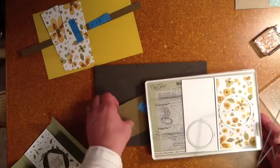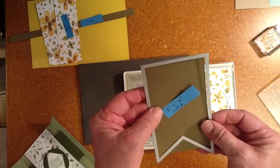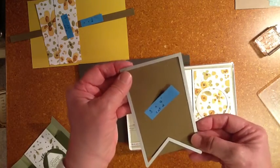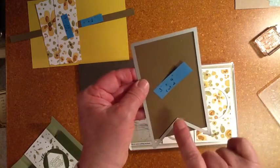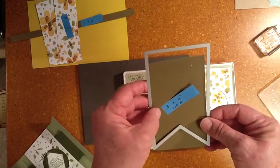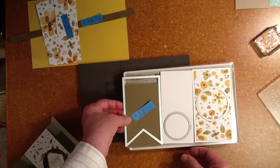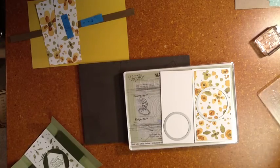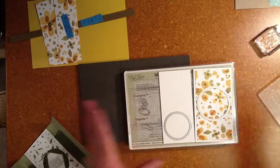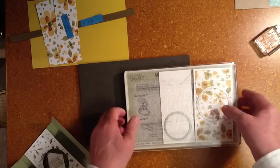Okay, so I'm using soft suede, and I need to cut 2 of them. I've already cut them, to be honest, but I've cut them out of a piece of soft suede that is 3 inches wide by 4 inches long. And there is not room, so I'll just use the ones I've already cut, which I was going to do anyway. But alright, so this is going to go through the Big Shot,